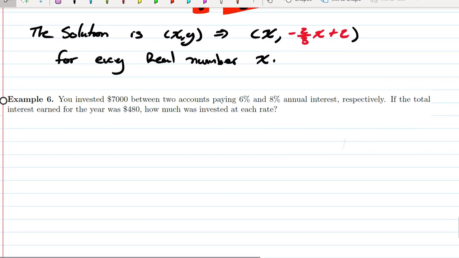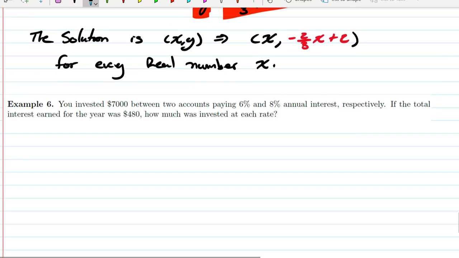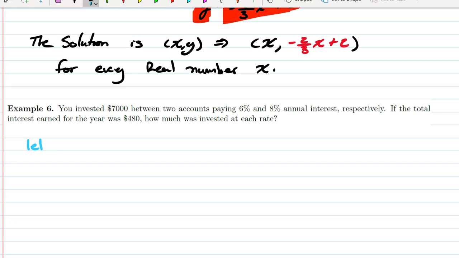If the total interest earned for the year was $480, how much was invested at each rate? So the first thing we need to do is define a variable. So let's let x be the amount invested